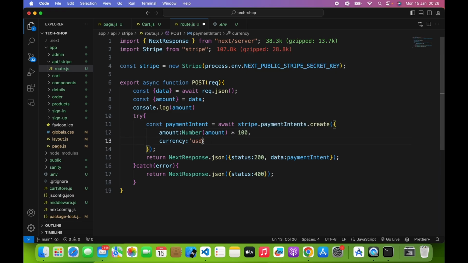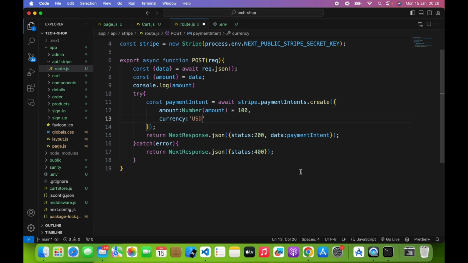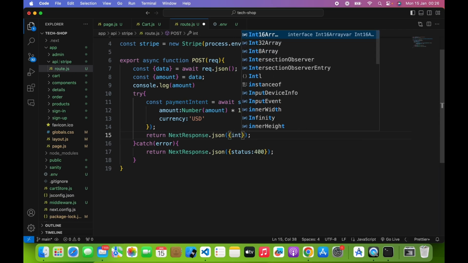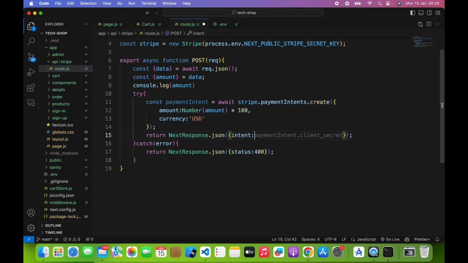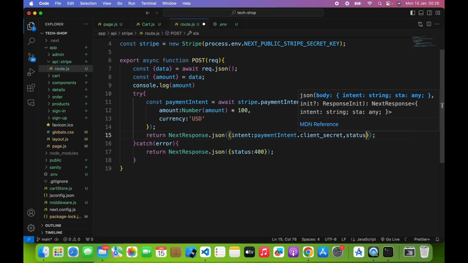Currency, it's USD in capital letters, and then when you're done we send back, so we don't send back this, we send back an intent. Just gonna be a paymentIntent.client_secret, and then a status 200. We save that, check for any errors,